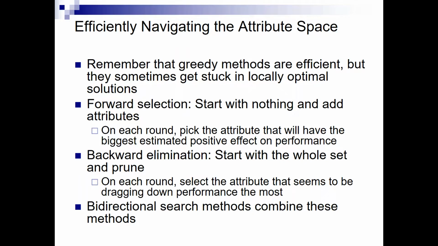Well, there's also a bidirectional version of it, but we are just really going to focus on the two simple ones, the forward selection and the backwards elimination. Forward selection, you start with nothing and progressively add one feature at a time, each time adding the one feature that gives the biggest boost to performance. Backwards elimination, you start with the whole set and you prune away features such that you're removing features that don't harm performance of the remaining subset or harm it as little as possible. So let's step through forward selection first.